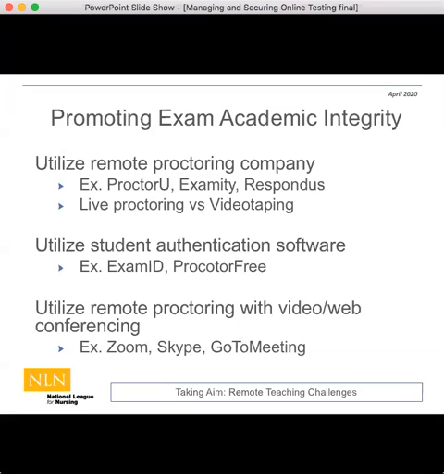So one of the things that we chose to do was really use our access to our video conferencing software. We have Zoom, but Skype or GoToMeeting or whatever your university had, as a real way to proctor students in real time.